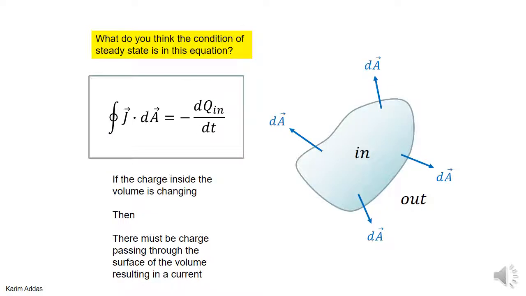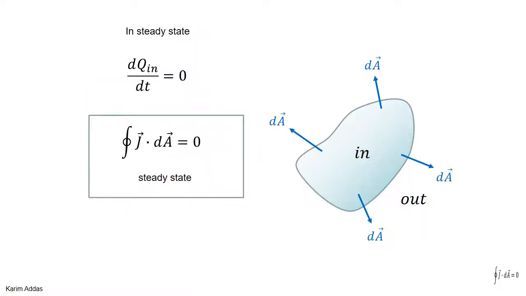Okay, let's review what we just took in the previous videos about charge conservation. We said that if the charge inside a closed volume changes with time, then it must be the case that charges are going through the surface, and so there must be a current going through this surface. So a current resulting from charges going through the surface. And the relationship between the current and the rate at which charge is changing inside the volume is given by this equation. Now, we said also that in steady state, a very special condition, the amount of charge